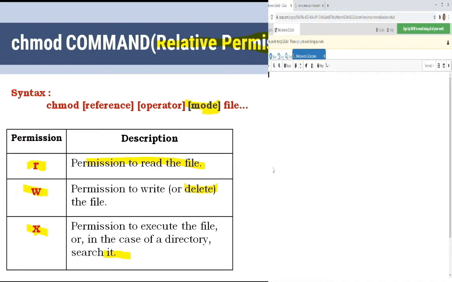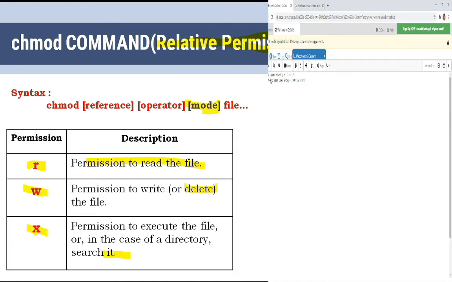Then next is chmod ugo plus x start. Okay, and in the last videos we have seen how to combine the commands also, even that can be done here. So see what I have done here.